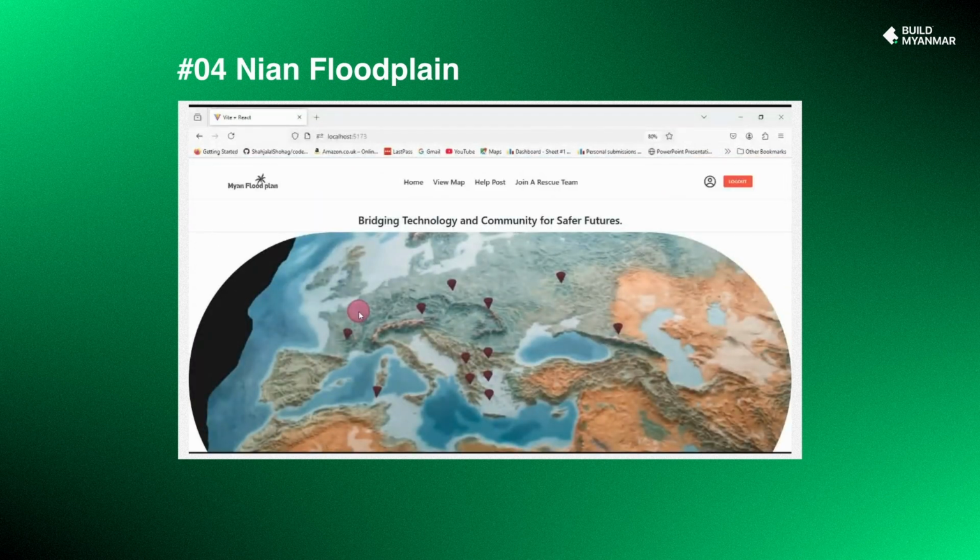Here is my project, Myan Flood Plan. Floods become more powerful when we don't get any pre-alert before them. We don't get enough time to prepare, and the lack of a connected community increases the damage in that situation. So here we are building a community with